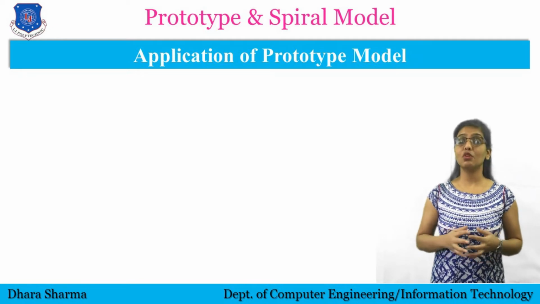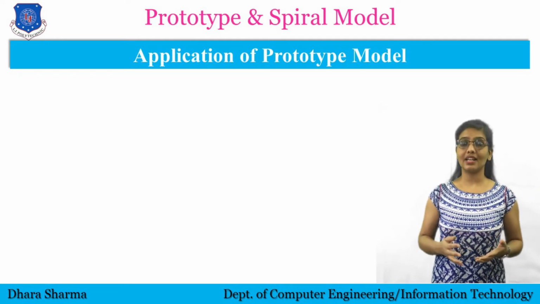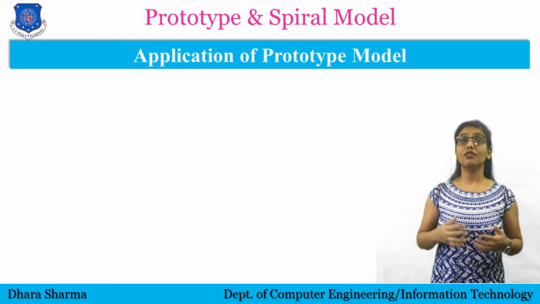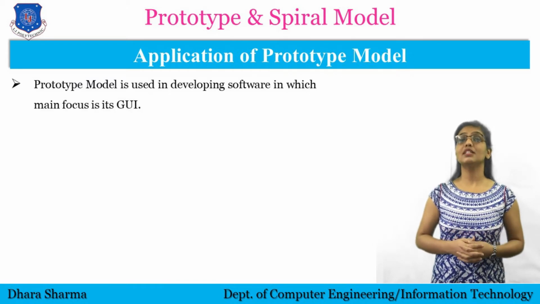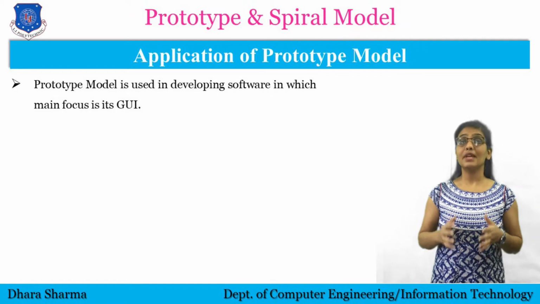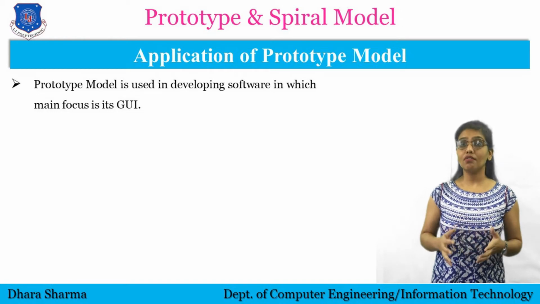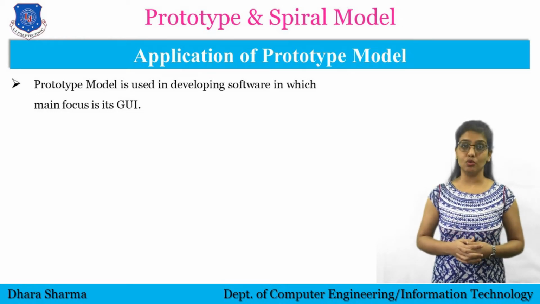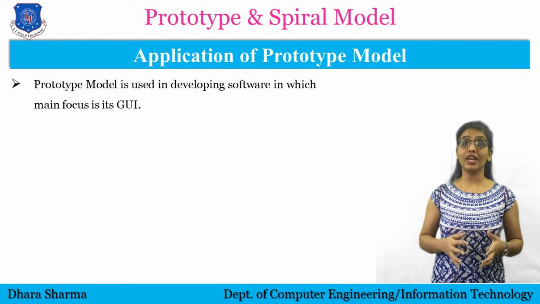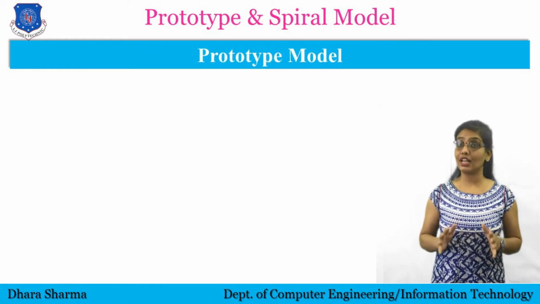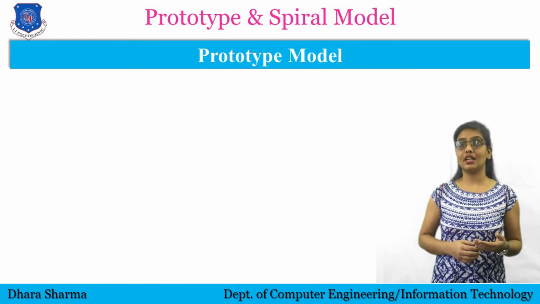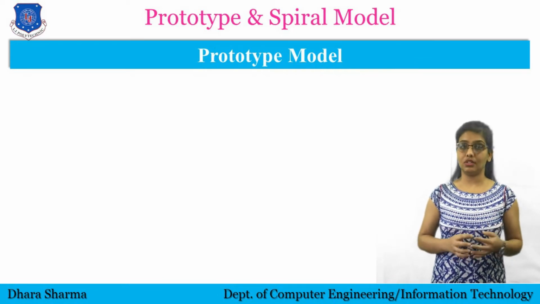So basically, as we discussed in my previous video, these models provide different ways for developing a software. The processes will be common, like requirement analysis, designing, coding, testing, etc. But for different types of software, different ways are used to develop a software. Here, prototype model is used in developing softwares in which main focus is its look and feel. Means main focus is GUI, the softwares which look more attractive and easy to use. So prototype model provides a way for such softwares in which designing is the main concern. Prototype means a partially developed product which is not the actual product, but it can give the general idea about the software, about how it will look.